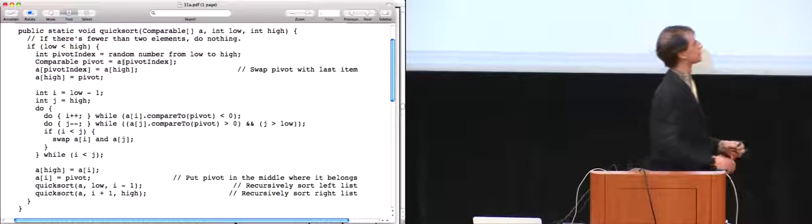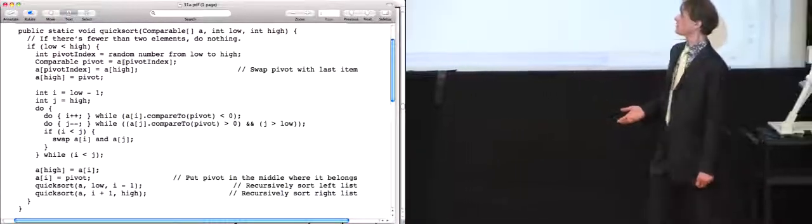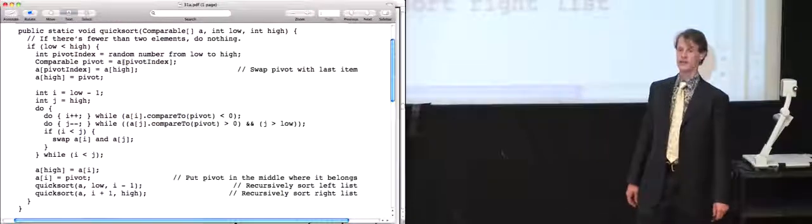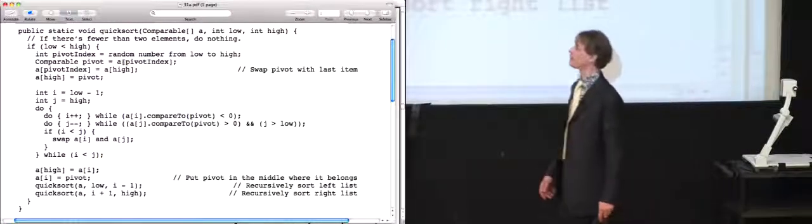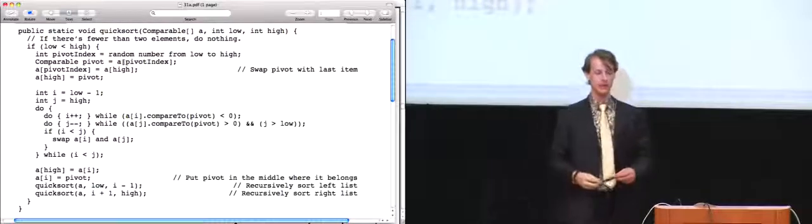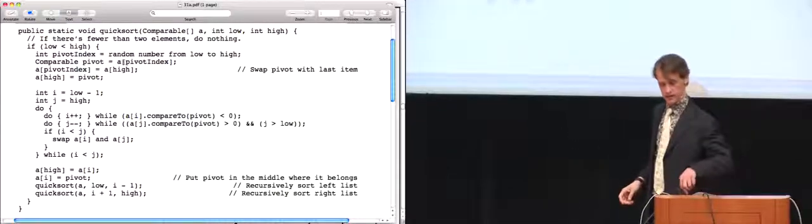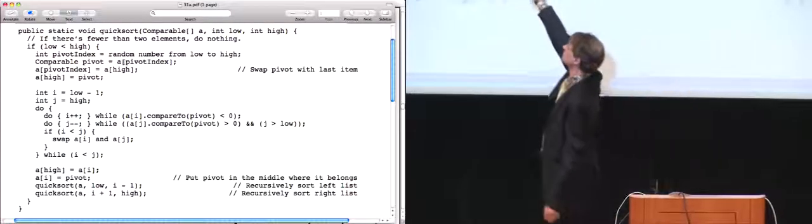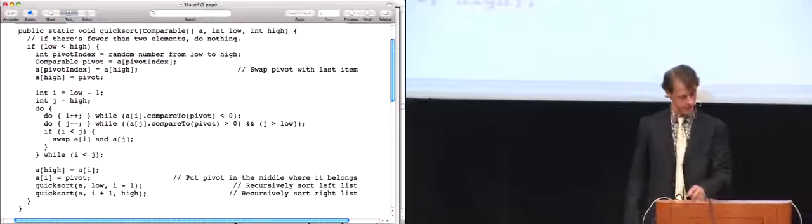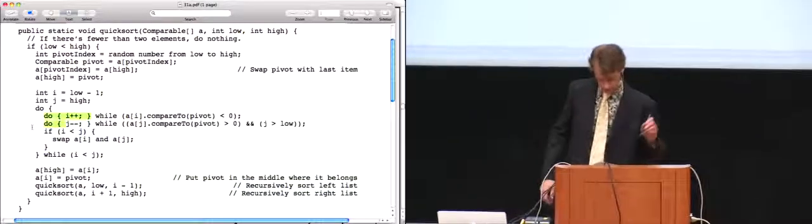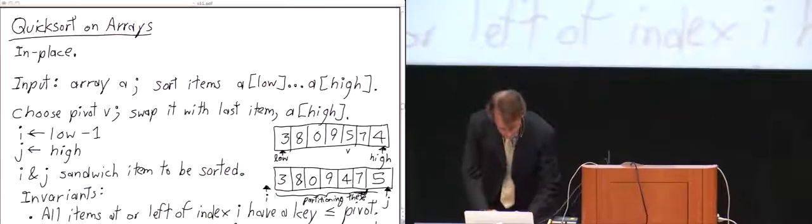So this is the pseudocode for Quicksort. It'll be in the lecture notes. I recommend that you study it carefully later on. The main thing I want to point out right now is the lines of code that do the partitioning. You'll see that there are these do loops with smaller do loops in the middle. I probably can't write on this, so this is not the right program to use. No. Let me try something different.